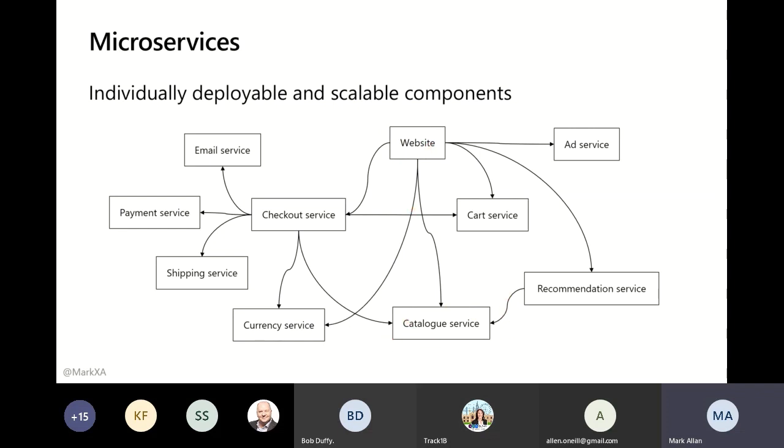The basic idea is that if you want to update your shipping information, to add a new shipping service, that has nothing to do with your cart. So you don't necessarily want to deploy your shipping service and have to redeploy your cart at the same time. Also, if your website's particularly busy because it's Black Friday or something, then your catalog service is going to get very heavily used, whereas your payment service is probably not going to be as heavily used. So there's benefit to being able to scale up your catalog service larger than your payment service.